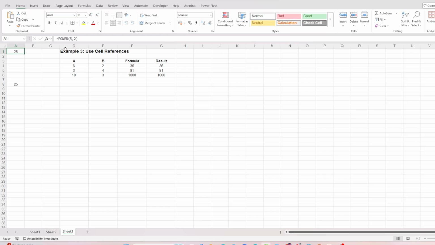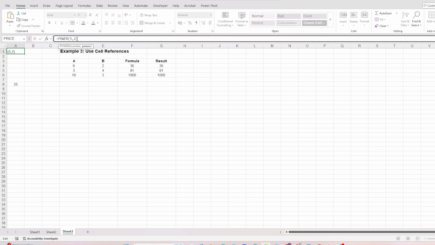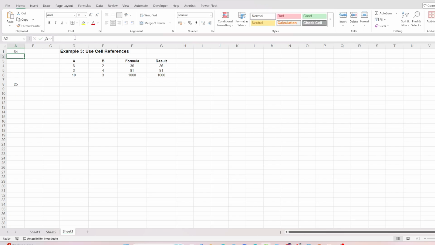You can also make the function more dynamic by using cell references, instead of typing numbers directly into the formula. For example, if one cell contains 6 and another contains 2, entering equals power, open parentheses, D4, E4, close parentheses, returns 36. If another row contains 3 and 4, the formula equals power, open parentheses, D5, E5, close parentheses, returns